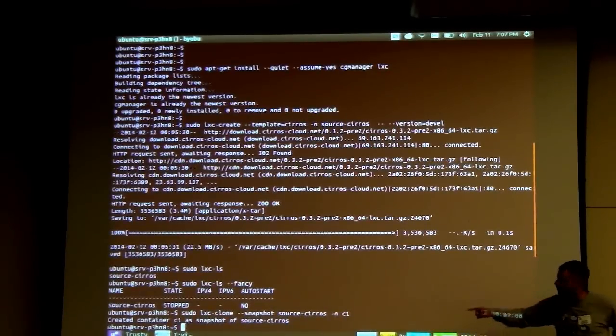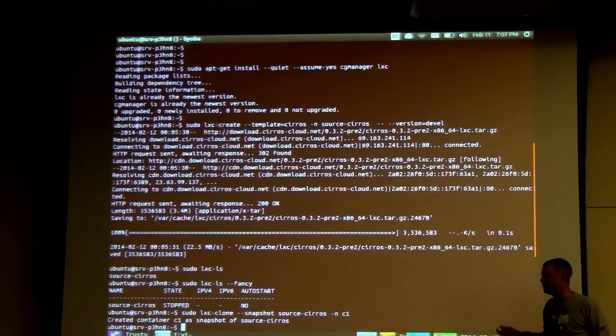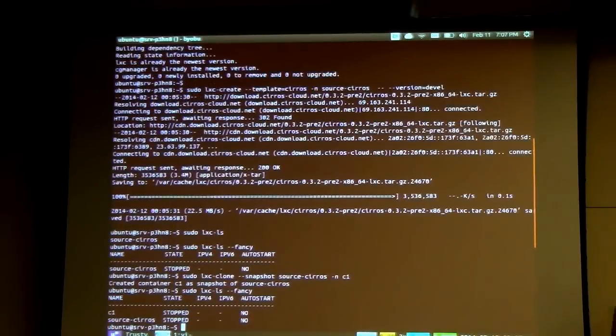Always when I use a template, I just make a source one, and then I make snapshots off of that. You don't have to. You could boot source-cirros just as it was. Source is just a source for copies. It's just the name. Right. Yeah. Just the name. And then now if I list, there's 2 of them there. It doesn't show the parent-child relationship, but